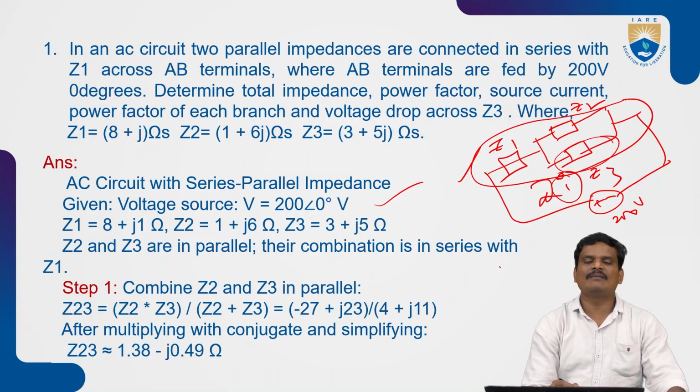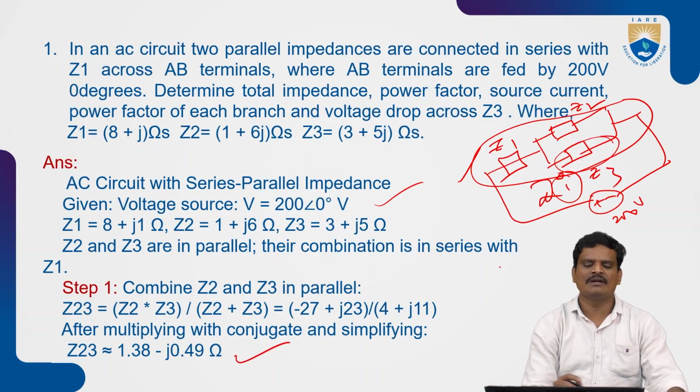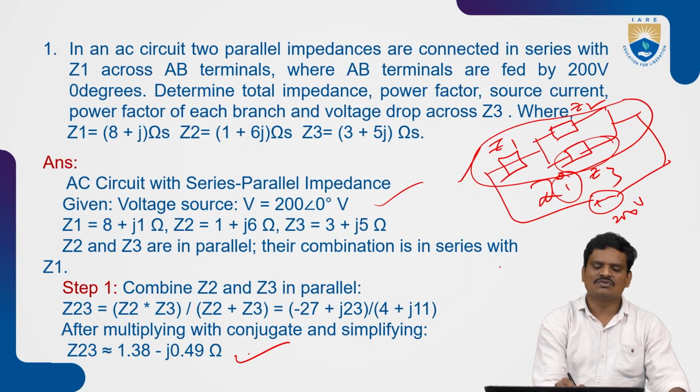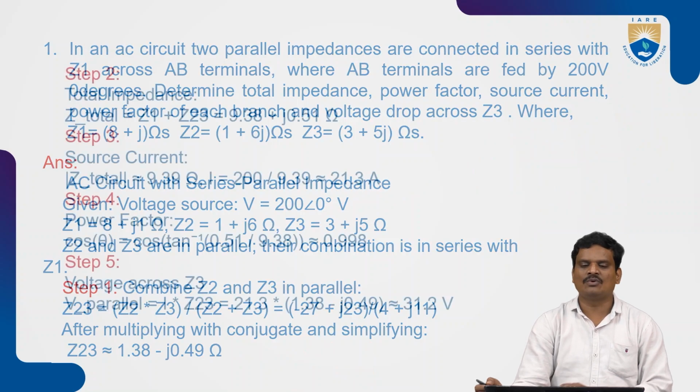When I calculate the value of Z23, that is Z2 in parallel with Z3, the impedance offered is 1.38 minus j0.49 ohms. So this is the impedance offered by this branch when Z2 is connected in parallel with Z3. In order to calculate the total impedance,